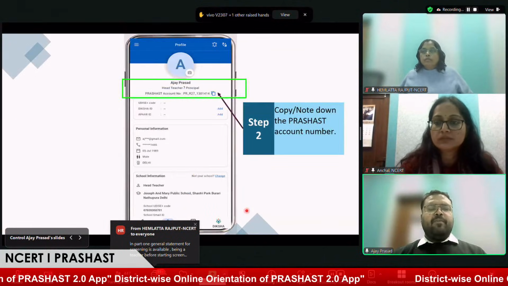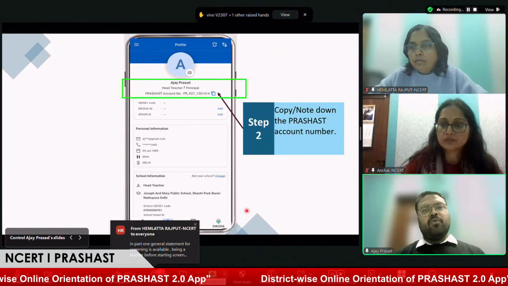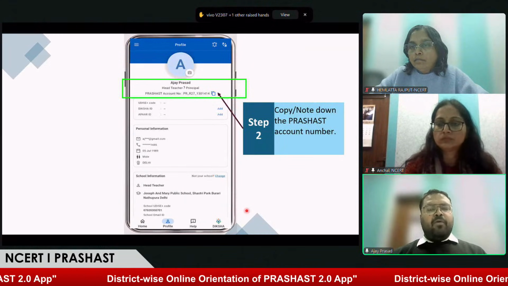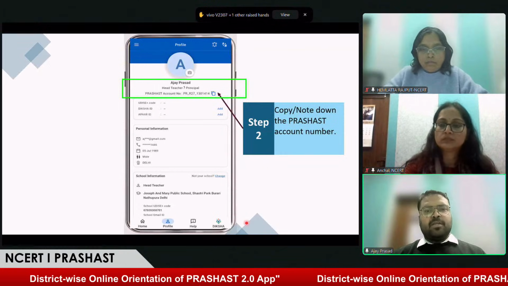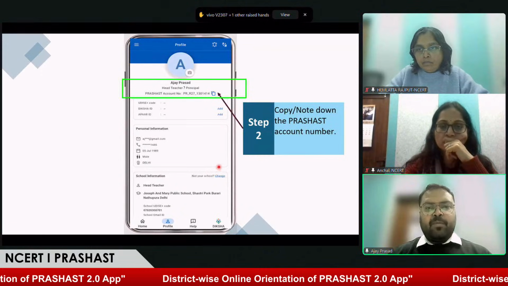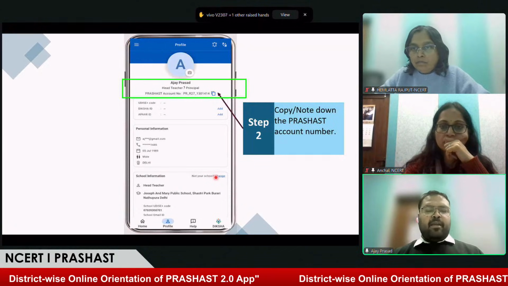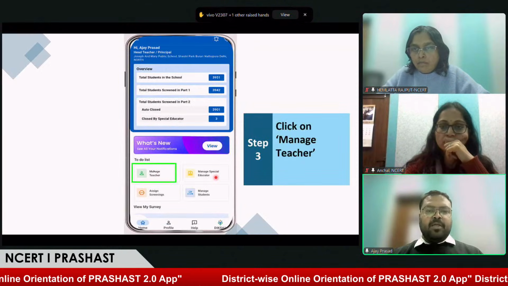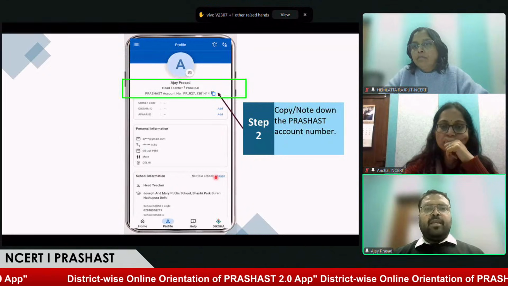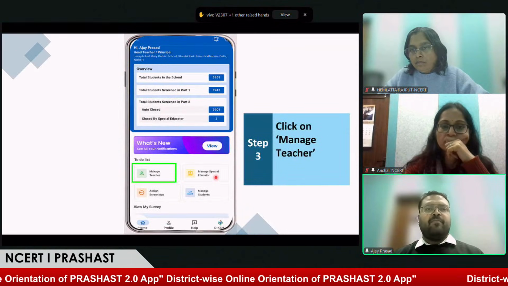Yes, ma'am. If a headmaster is retiring, there are two cases. If the headmaster is presently there and you don't know who is coming, then when a new headmaster comes in, allow him to log in as a head teacher, or if he has an account, ask him to go to the profile page. In the profile page, you'll get an option to change and apply for that change. And if the headmaster is new to this application, they will get an error that there's an existing headmaster. In that case, we request you to write to the Precious Help Desk so that we can get it rectified from the backend.